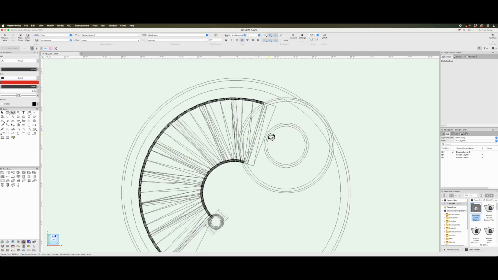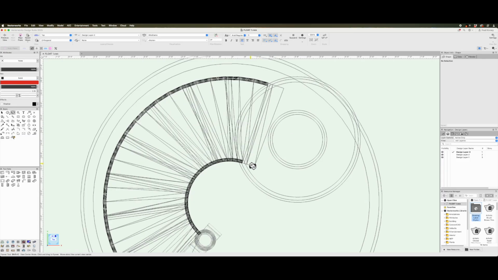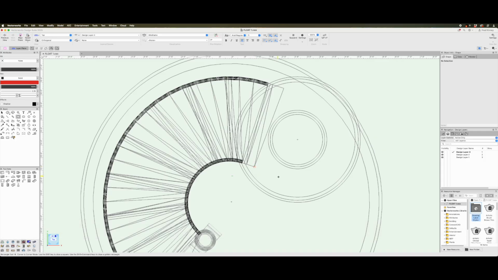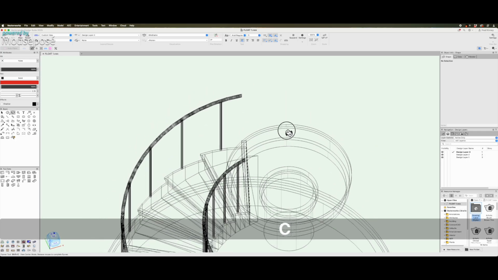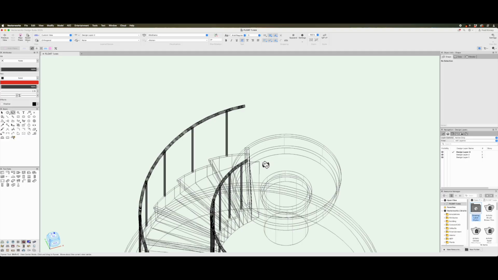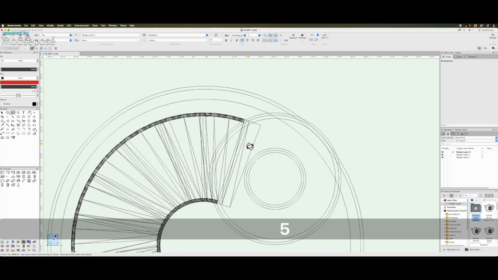Switch back to wireframe. We can see where that part is, and we're just going to take it out. If I rotate up, you can see this is the edge of the top step. Okay, so we're just going to draw a rectangle